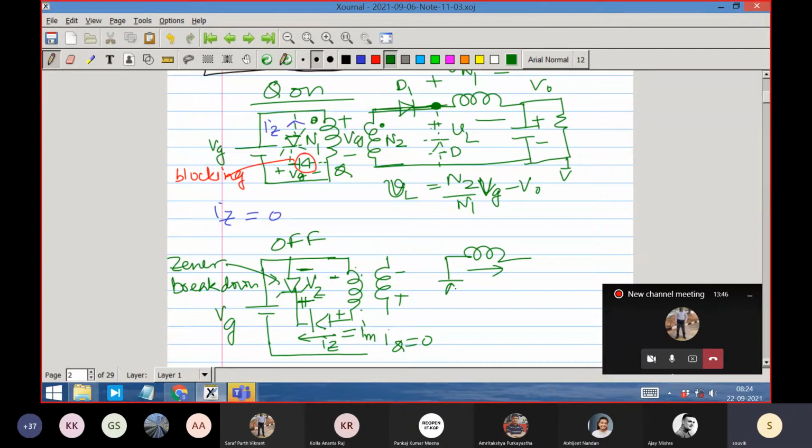This is called freewheeling. The inductor current is freewheeling in the sense that it is itself deciding the path. That is what is freewheeling. It is itself saying that this should be the path. I should maintain my energy in this path, and the diode is supporting it. The diode is being as if turned on by the inductor current, right? So qualitatively this is called a freewheeling thing.